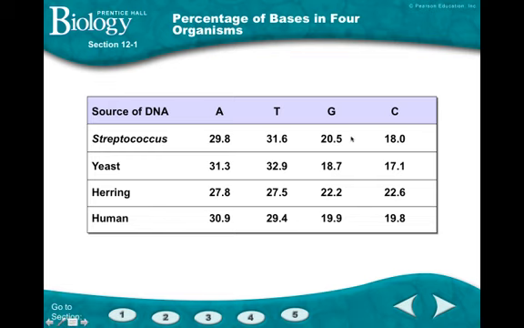Likewise, G and C pair together, but still they're not exactly the same percentage. Interesting, huh? Look at humans. Pretty close. Why do you suppose there's more variation in the bacteria than there is in the humans? Well, it could be because bacteria mutate and adapt so quickly compared